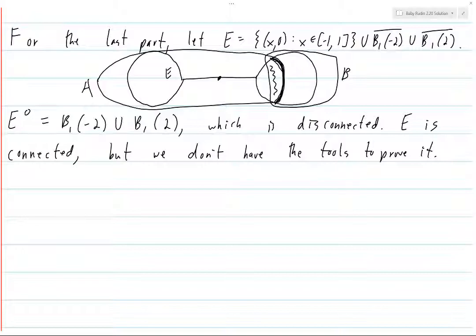But if you know that direct products of connected sets are connected, then you can take the direct product of two line segments, and then you have a rectangle, and so you know that rectangles are connected in R2. But then you still need to glue two rectangles together using a line segment. It's not clear what you would do to prove that. You might have to use path connectedness or something, or understand the nuance or the differences between connectedness in this definition and the definition of path connectedness. But anyways,